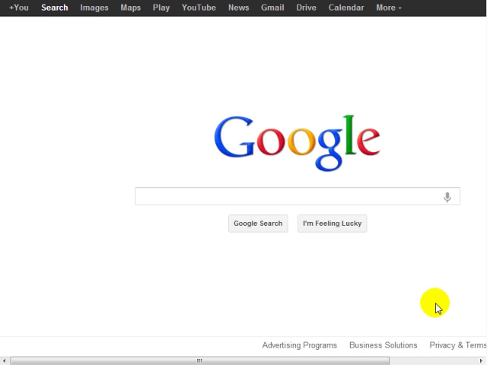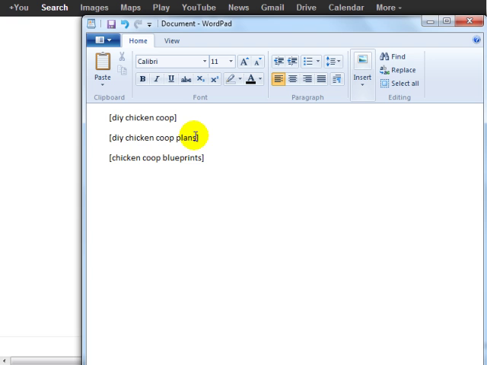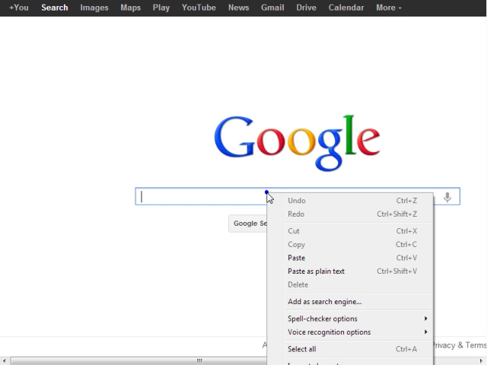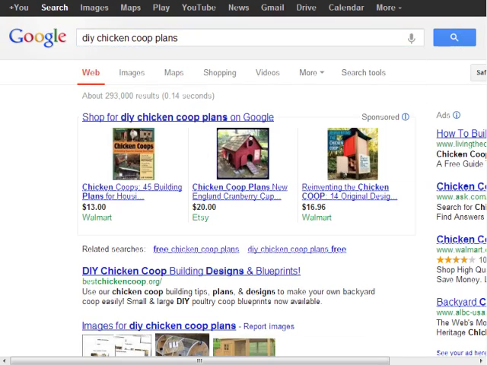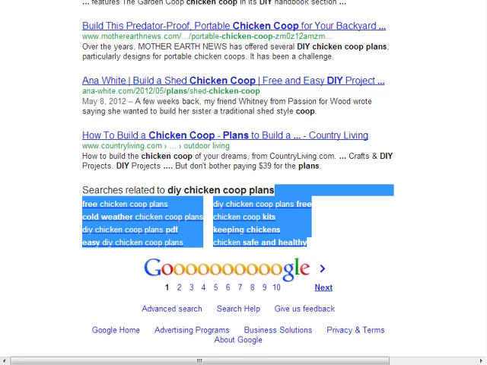Creating content from your main keyword and breaking it down so you have specific pieces of content that are related is actually very easy to do. To do that, all you need to do is go to google.com. And then what you need to do now is to basically find the keyword or the main keyword you want to rank on. In this case, we have DIY chicken coop plans. We can highlight this, copy it, go to google.com. Simply enter that specific keyword, and if you scroll all the way down to the bottom, you're going to see searches related to this keyword, and you can simply copy this